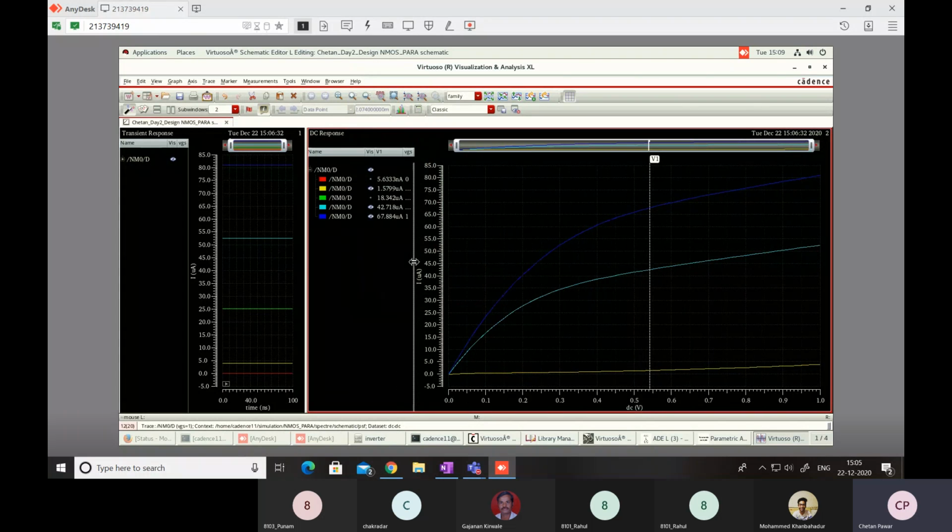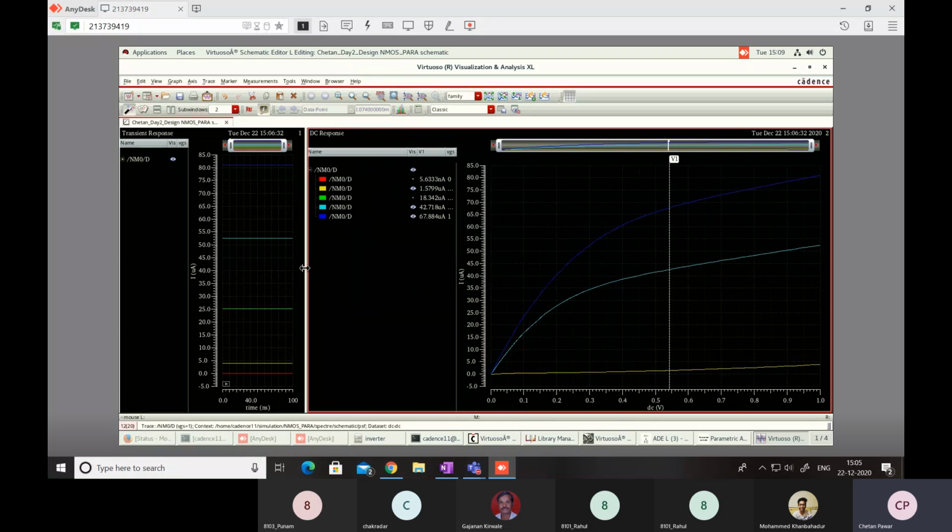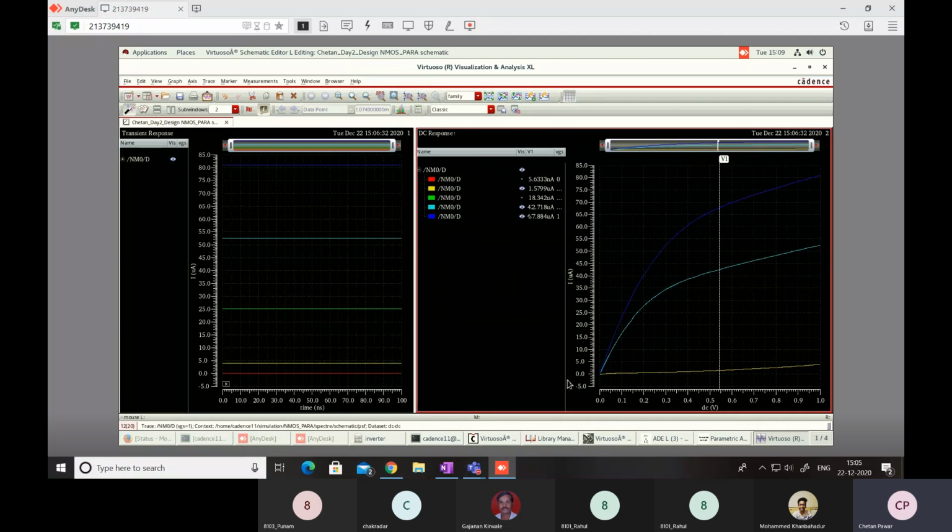So now we have swept our VGS variable. You can sweep the width of the MOSFET also, or temperature also. Here you can see the DC current values for different VGS, and this is a DC response. Now if I close this,